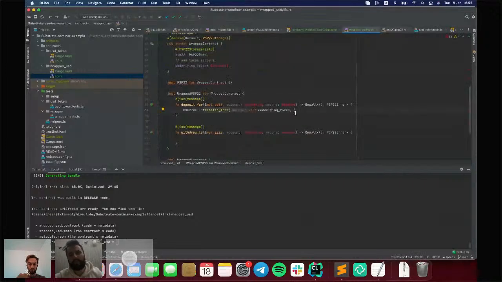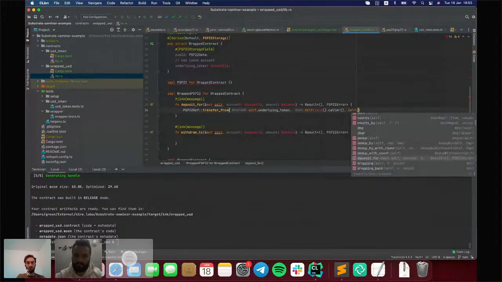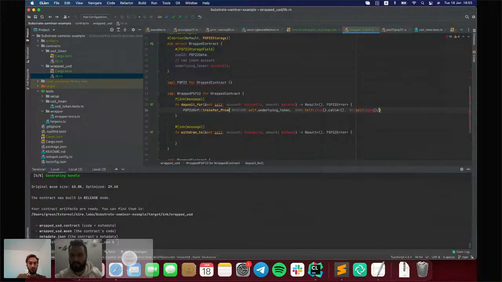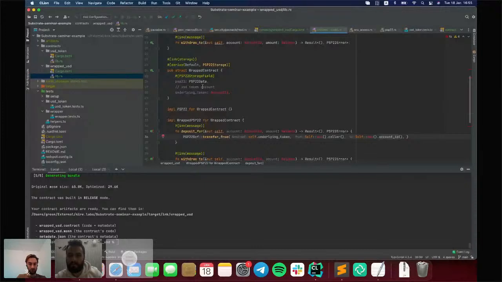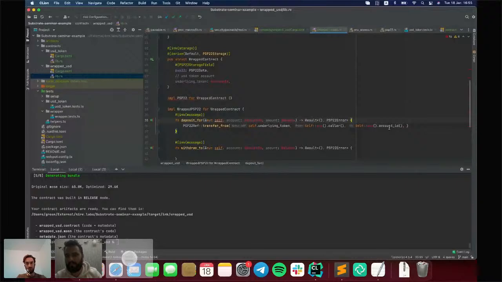So we want to transfer tokens from the caller of the contract to the current contract. Caller is who called that method, and account ID is the address of the wrapped contract. So we want to transfer tokens from that user to that contract.